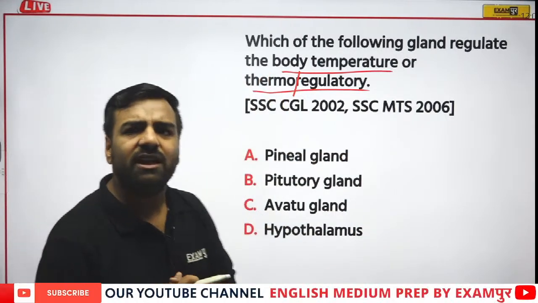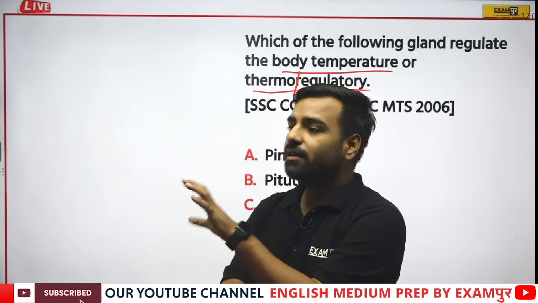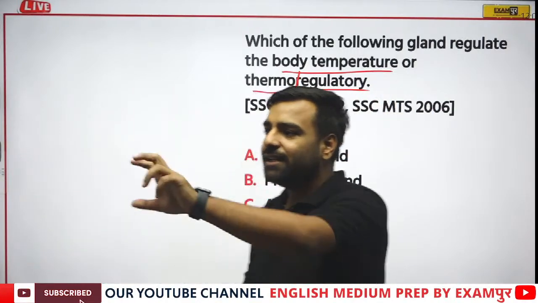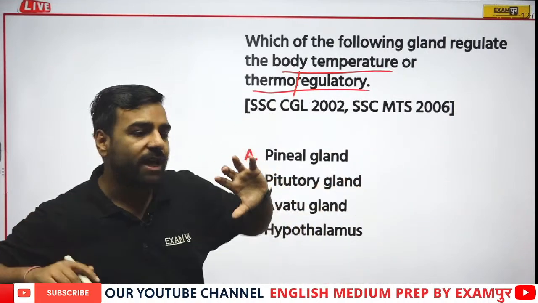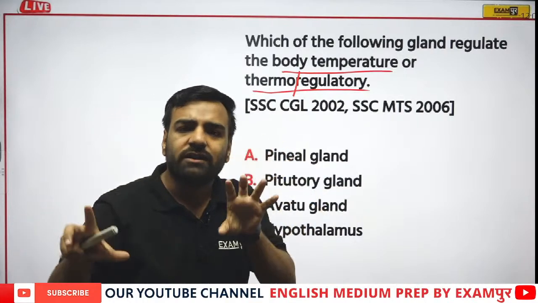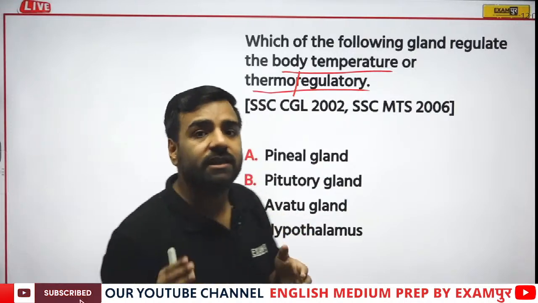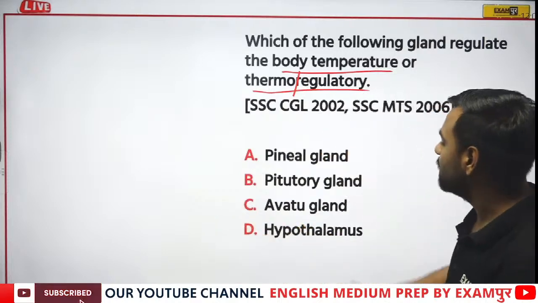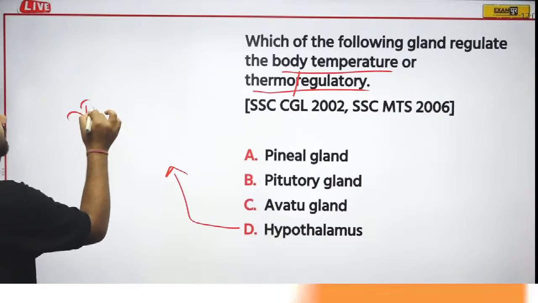See, whenever we feel thirsty, or feel hungry, or we like something good, or dislike something bad, or think he's a smart boy, she is a good girl, all these things where I'm talking about hunger, thirst, even pain, are actually controlled by the hypothalamus. And yes, obviously sexual arousal also. All these things are covered by the hypothalamus. So now what is it called? It is known as the master of the master gland.